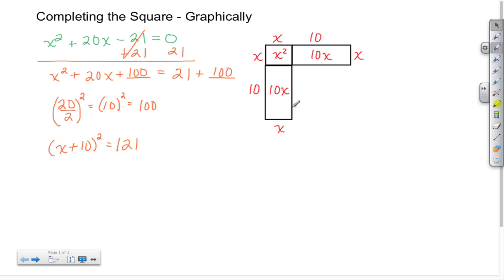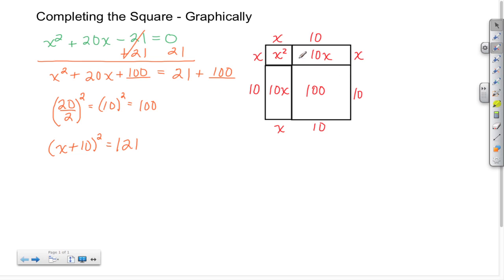Now I'm in a position where I need to complete the square. So to complete the square, let me pull back up my drawing tool, and I'm going to draw a square or a rectangle here, because this is the portion that has to be completed. Now if I look at the lengths that I have here, I know that this length here is 10, which means this length to the right here also has to be 10. And the same relationship here at the top and bottom. If this here is 10, I know this length here also has to be 10. And now to find the area of this square, I know it's going to be the length times the width, in this case 10 times 10, to give me 100. And that is the same 100 that I placed in these blanks here on the left-hand side.